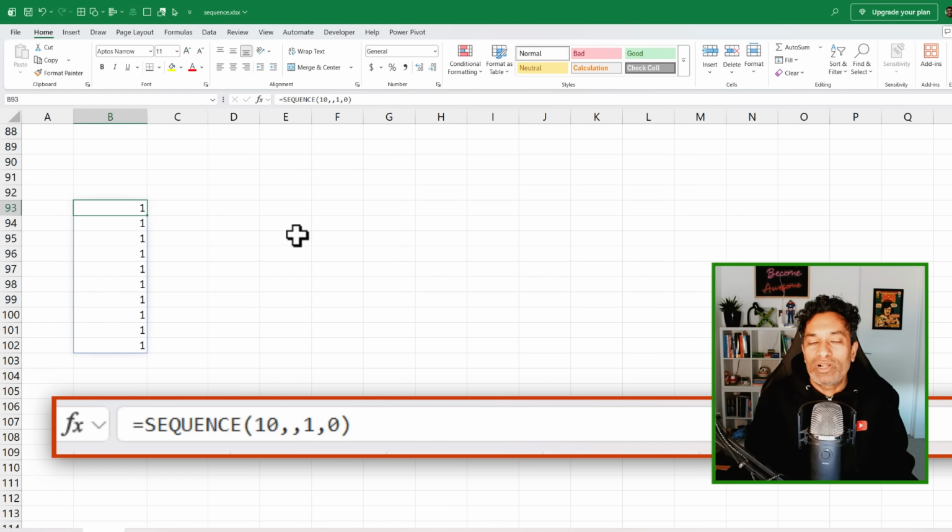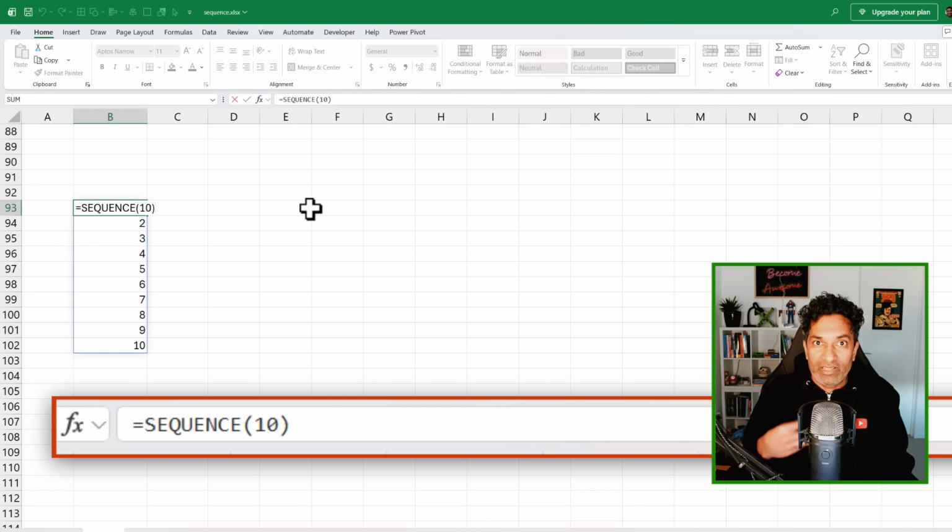But what I really want is to repeat the pattern 1, 2, 3, 1, 2, 3, 1, 2, 3 like that. In this case, we just say sequence 10 and we will get all the 10 numbers. As we want to repeat the pattern after every 3 numbers, we are going to send this sequence to another